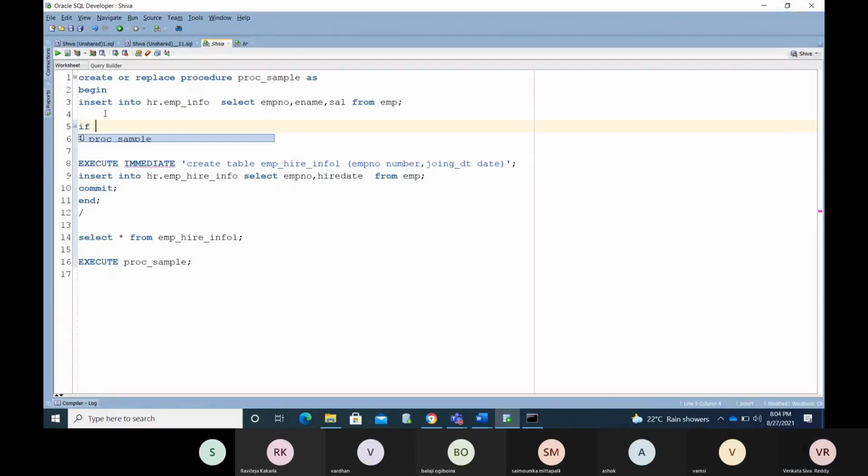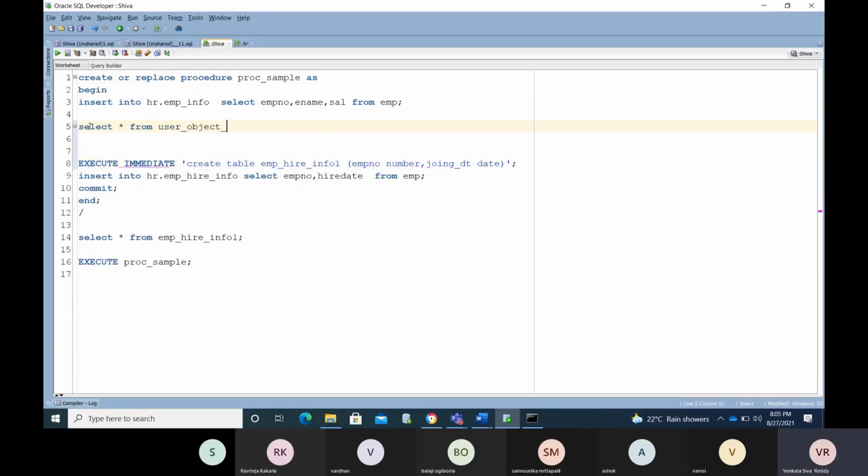If, how can I check that? First, how can I verify whether the table is present in the database or not? From the table user_objects, if the object is present in that.